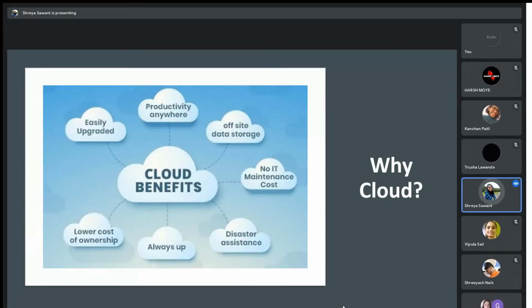Then we have disaster assistance. Say one of the servers is down, then there's always a backup where your data is safe in another server. It's always up. The backup time is very less, so it's always ready to use.